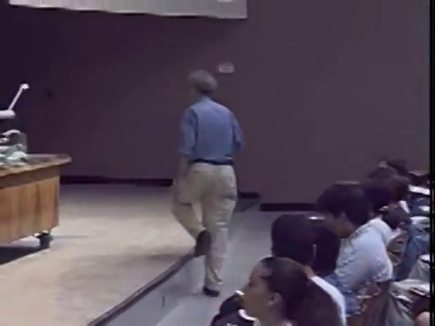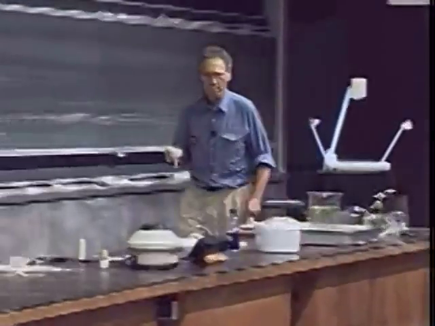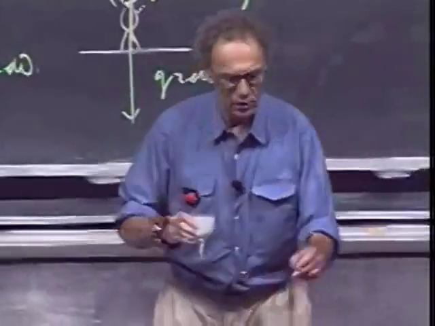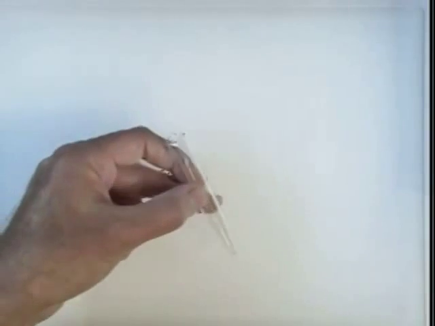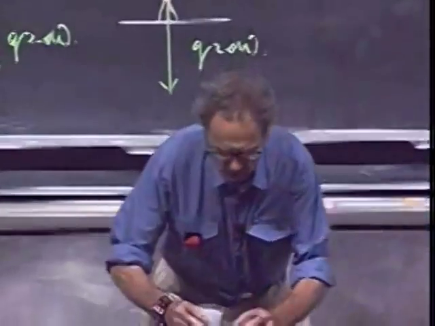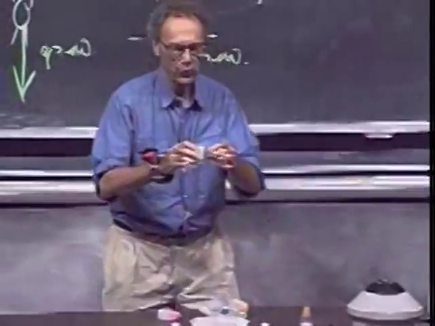So now we're going to put this in the centrifuge. I have to put it in a very small tube. I'll show you this small tube. There's no way that I can pour that in without making a mess. Here's this small tube. And so what I will do is I will first put it in a small beaker. And then from this small beaker, I will transfer some of it